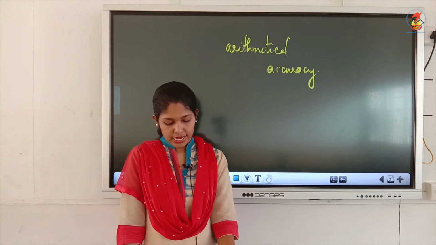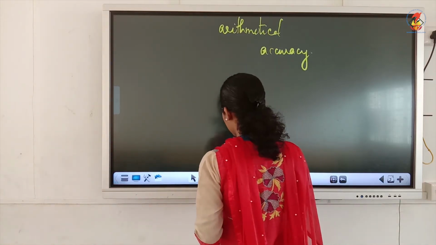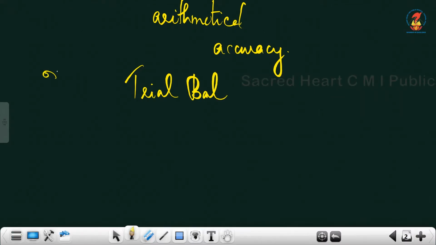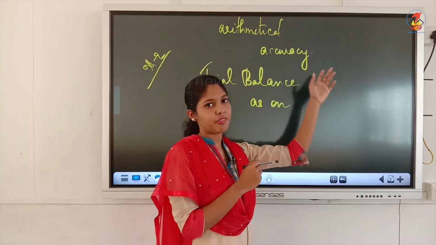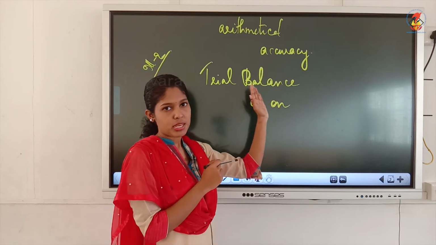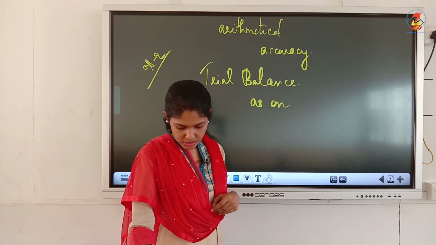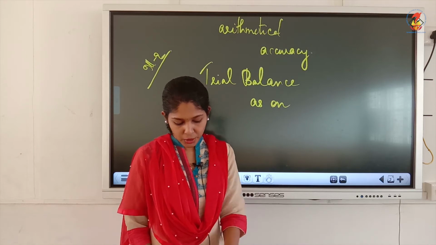So we'll work out illustration number 2, and the format of trial balance is, first of all you must have a heading as usual. In the middle you must have a heading like trial balance. What we are doing now is illustration 2, that's a question with GST. Trial balance as on, if you want you can write the name of the company also, name of the firm, like trial balance of Gokul Limited. If the firm's name is given, you can mention that also. Illustration 2, page number 13.9.